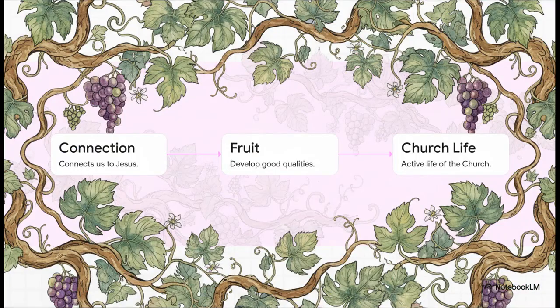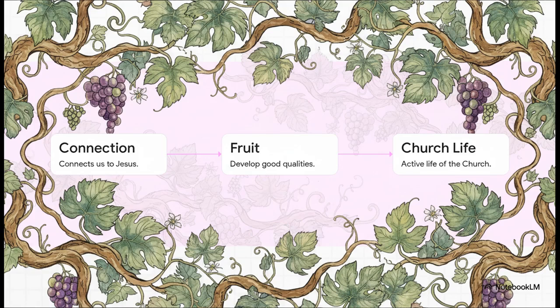Let's explore how the life from that cross spreads out into the everyday world. You've probably noticed by now that the background isn't just empty space, it's completely alive. That sprawling vine you see twisting everywhere, not just decoration. In the Gospels, the vine is a classic metaphor used to show our connection to Jesus. It tells us that by staying connected to him, he helps us bear fruit, which basically means he helps us develop good, moral qualities. Plus, this massive vine beautifully represents the active, everyday life of the church as it naturally